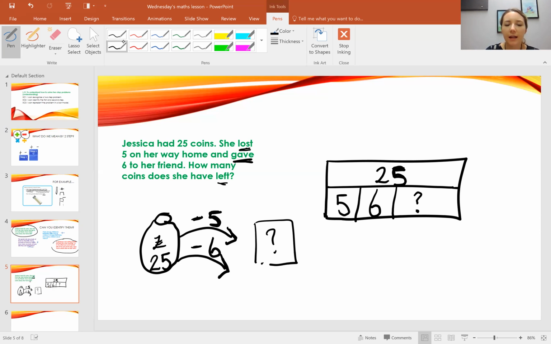So there is another way that we could solve that problem. If we look at our bar model, we could do 25 take away 5 and then 25 take away 6. Can you spot another way that we could do that? Pause the video now and have a think. Have you had a think? Well done. So we could do, if we add 5 and 6 together, then that will give us